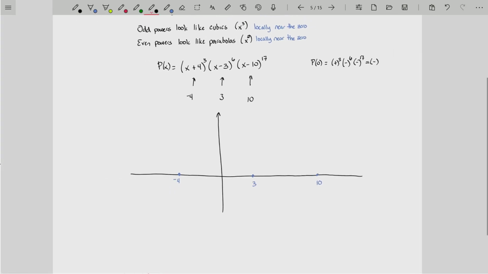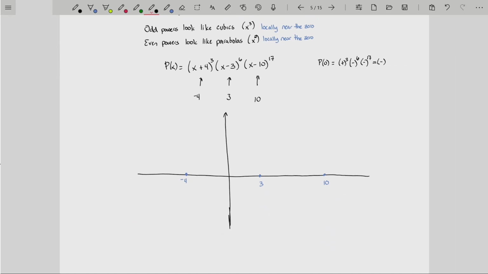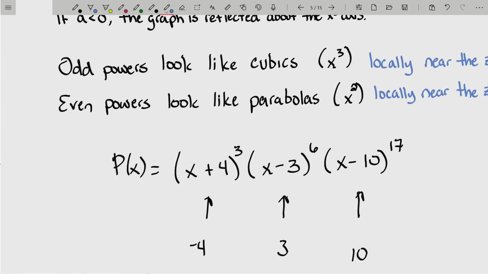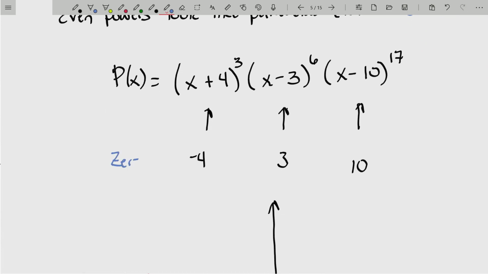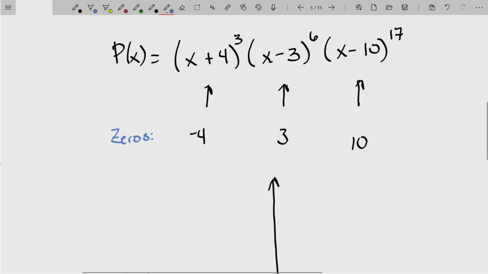So I happen to know that our y-intercept is probably way down here, but I don't really care about what its value is, so I'm just going to mark it right around here. The scale is not that important to me. What is the behavior near the intercepts? So let's take a look at the powers here. And now that I'm saying let's take a look at the powers, I'm going to introduce a little bit of language. These powers on these factors, we would call, well, okay, first of all, the factors are associated with the zeros. So I'm going to start by saying these are the zeros right here. The powers on those factors, we would call the multiplicities